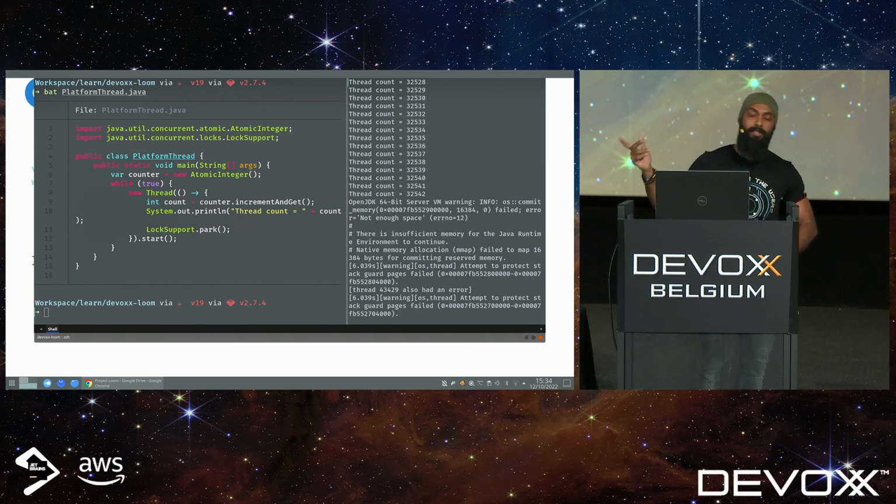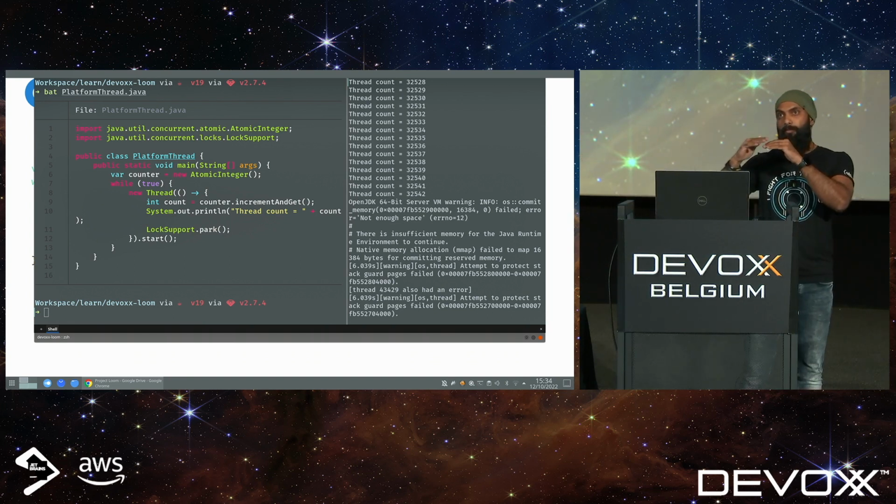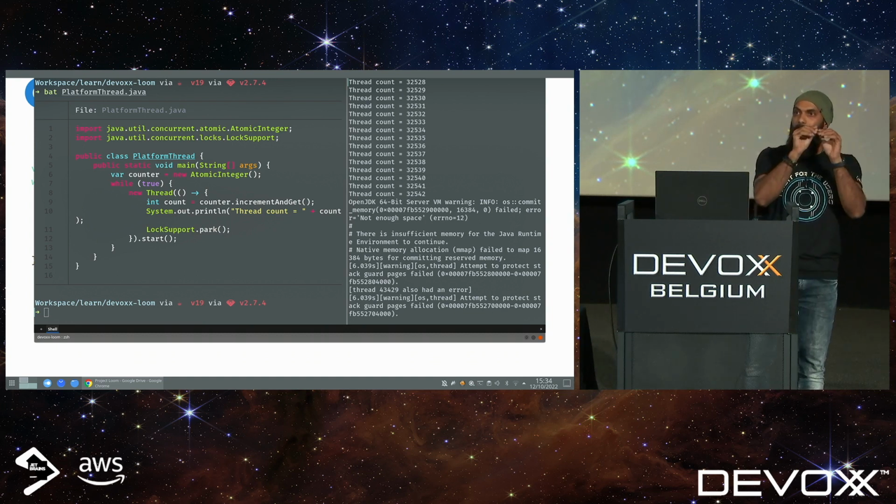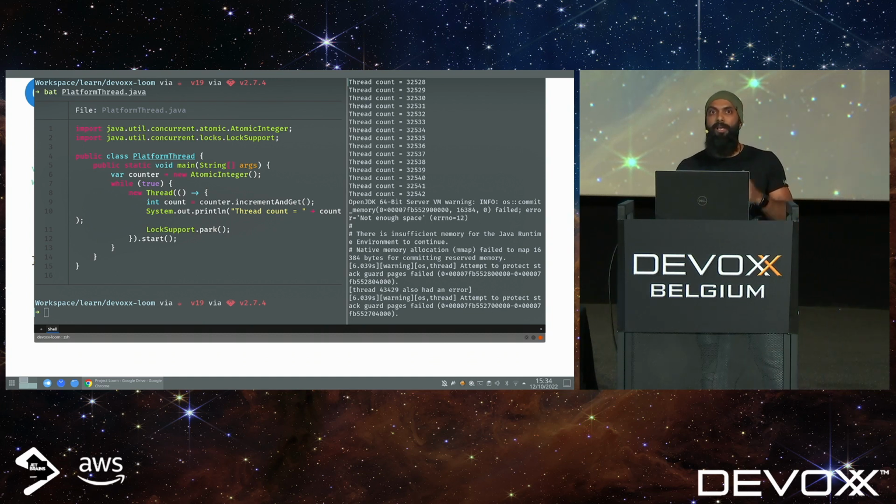And about the memory thing, when a platform thread is created, most JVM implementations allocate more memory than it could require, because you don't want to run out of memory for a thread and end up in a Stack Overflow error. So most implementations choose to give more memory than might be required. So in the end, you can only create so much. In a way, the limit for platform threads is the available JVM memory rather than available OS threads, because of how the scheduler works.